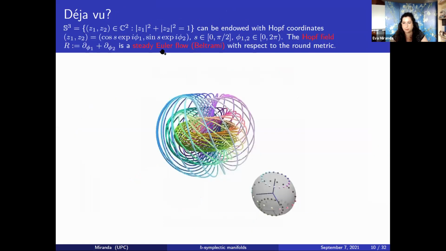And now what's going on? He will tell me, no, Eva, this is not the Hopf fibration. He's going to tell me, this is an Euler flow, a Beltrami vector field. Is this the same? I said deja vu, but this is not deja vu. This is what we will see, because today we will have no time to see this. I have put as a spoiler the slides that are in violet, but this is what I will explain next Tuesday: how there is a mirror between fluid dynamics and contact geometry, and you can go through the mirror. So this is an exciting